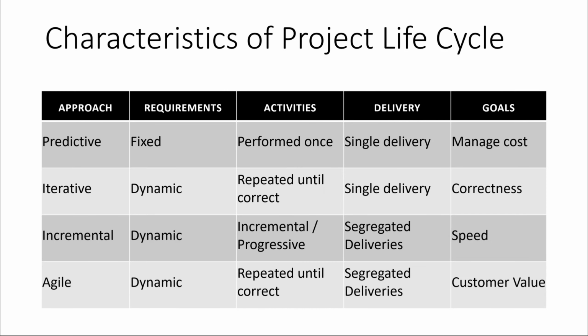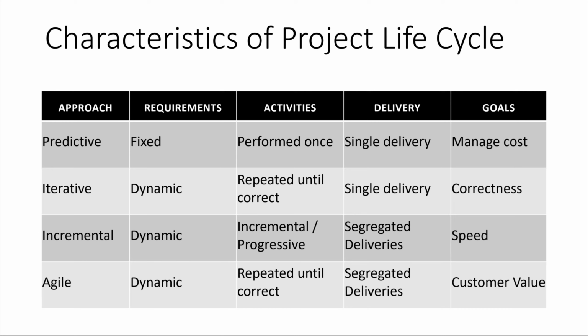Characteristics of project life cycles. The table as shown summarizes the characteristics of the 4 life cycle categories covered in this practice guide. For a predictive approach, requirements are fixed, activities are performed once for the entire project, deliveries are made as a single delivery, and the goal is to manage cost. In an iterative approach, requirements are dynamic, activities are repeated until correct, delivery is a single delivery, correctness of solution